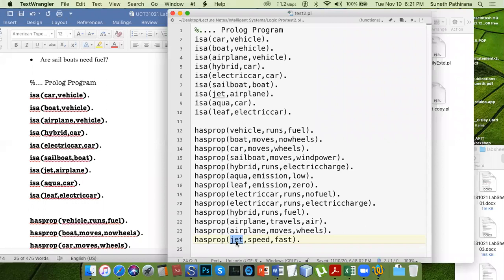So that will be done automatically. So jet has the property speed, and the attribute value is fast. So this is the category or subcategory.